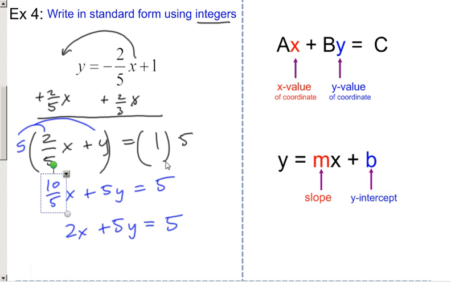And that's how you write a number that was in slope-intercept form into